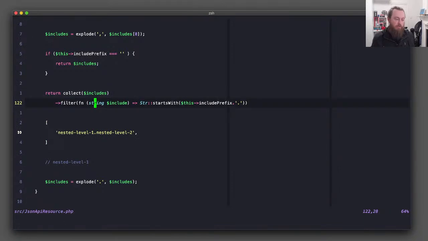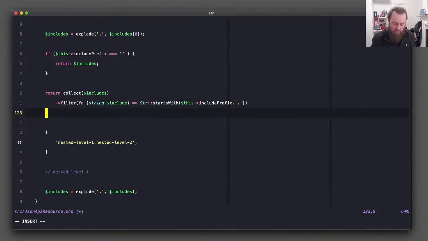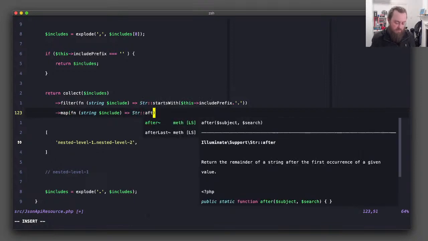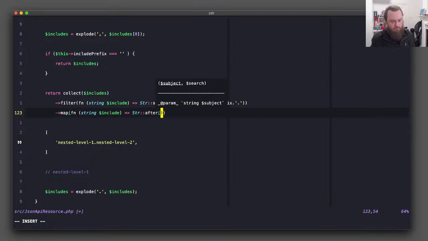Okay, so that means that we have only got includes that match where we are right now. And then what we want to do is map over all of these, and this is going to be an include as well. And then what are we going to do? We're going to do a string after. We probably need to do a string of include, and then